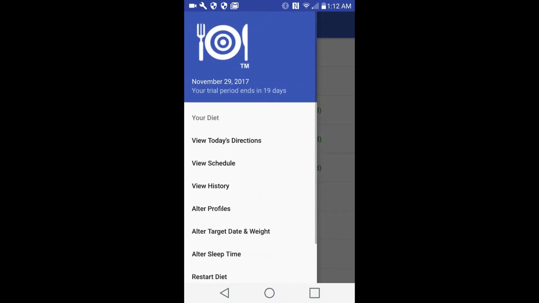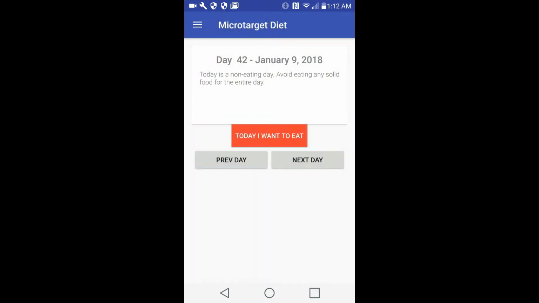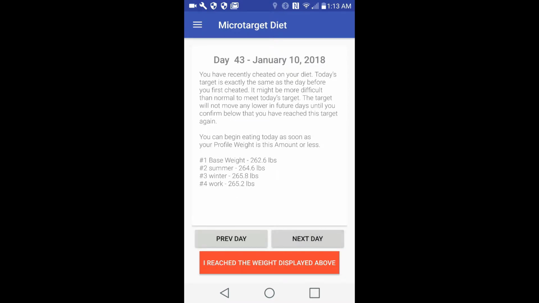So what do we do about that, okay? Looking at today's directions, well, immediately, okay, you get back from the holiday, you got to get back on that plan of alternate eating days and non-eating days as soon as possible. That is the most important thing, okay? So this is a non-eating day, okay? First day back, you're not eating this day, okay? Now I'm going to go to the next day, and here we get the familiar message that we saw in